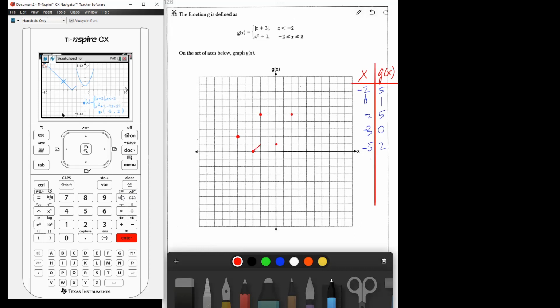And then I'm going to take this and I'm just going to go off the page. So that's the left-hand side of the piecewise function. And then I'm just going to draw the best quadratic. And that's it. Now, the key for this is